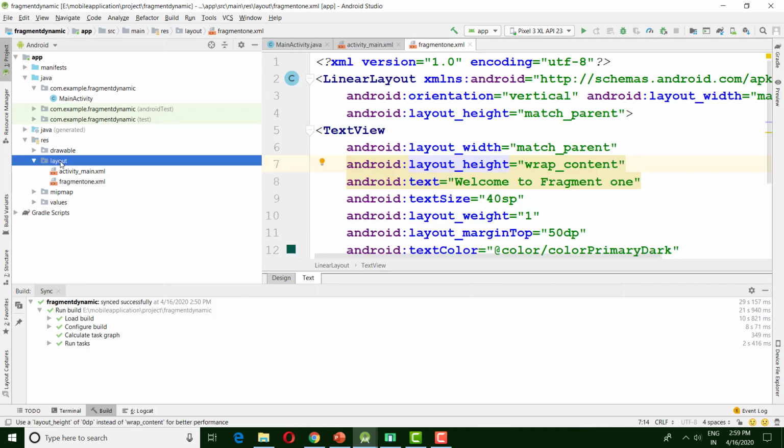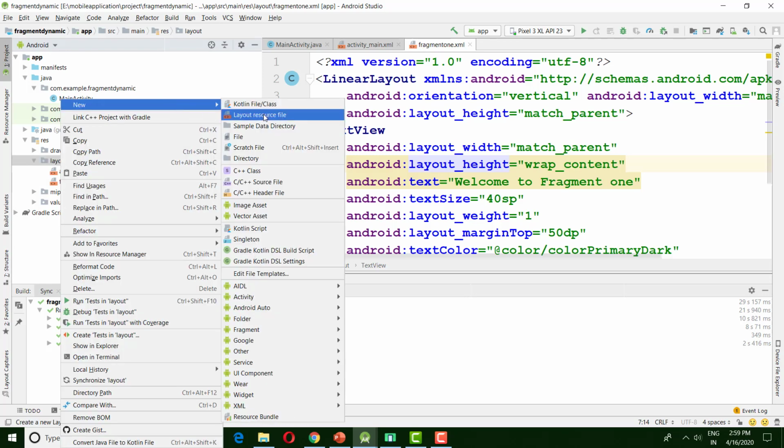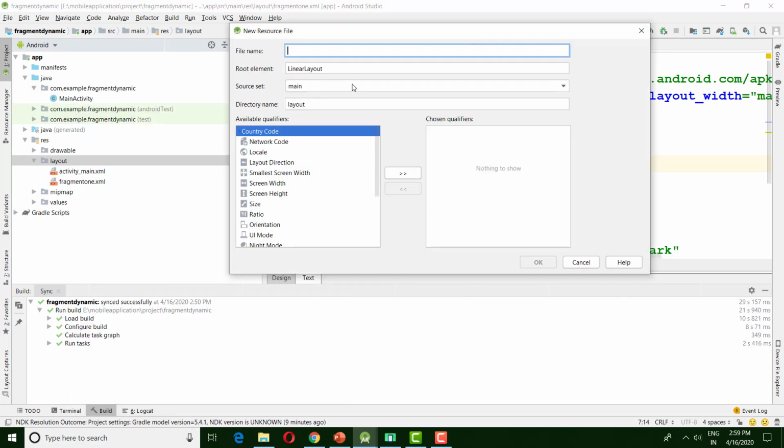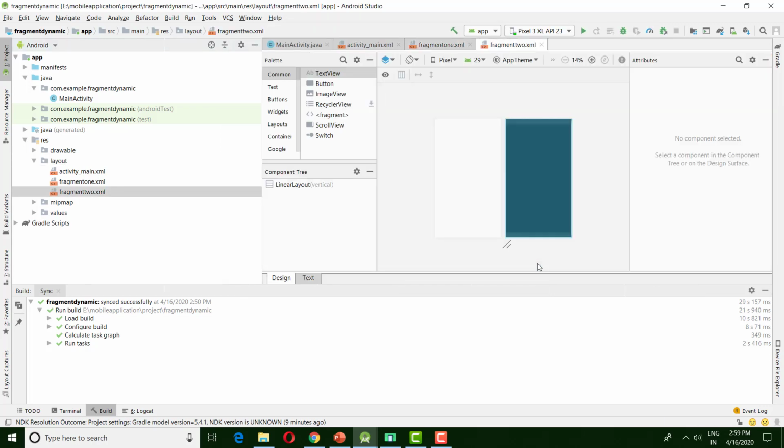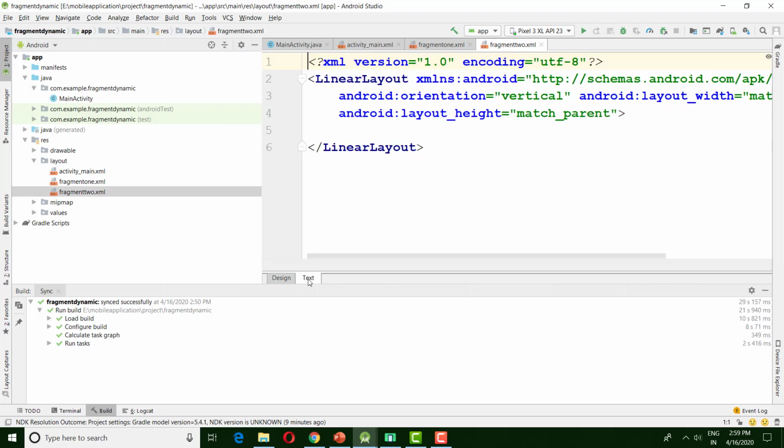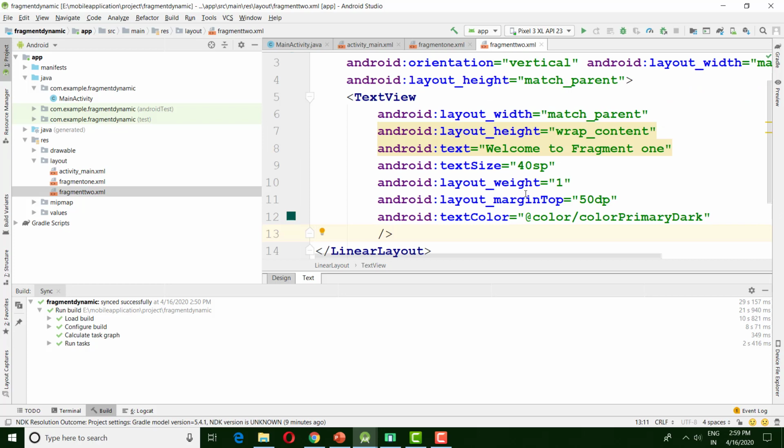Now create another file, fragment 2. In this also define the text view. And here, welcome to fragment 2. Change the color, only primary.